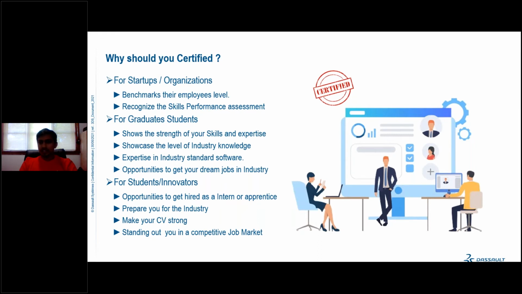And you can get your jobs in a particular field of design as per your certification. For students, if you have a SolidWorks certification, you can say that you have industry knowledge of SolidWorks, because in the SolidWorks exam a bunch of small things are covered in the CSWA, CSWP, and CSWE.